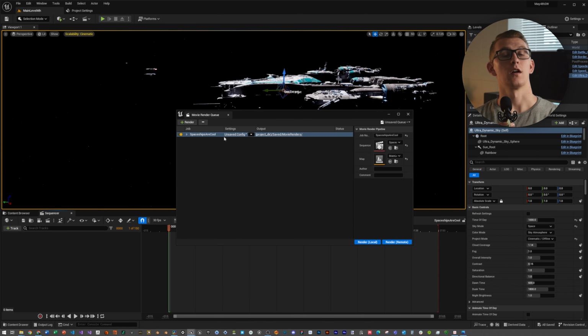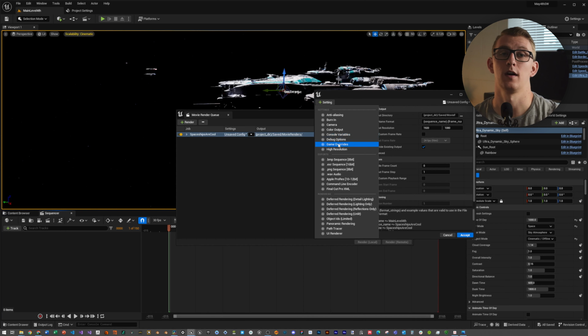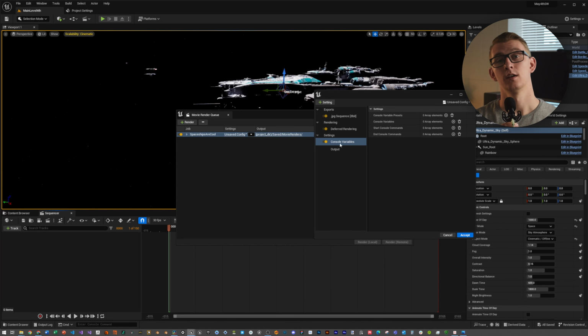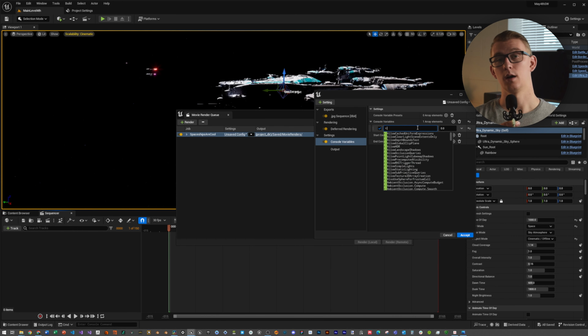Then we're just going to click on the sequencer name, and then from there we're going to click on this little drop down and just find the console variable option. Select that. If we click this console variables section down arrow and then click plus, you'll notice that there's already a 0 on the right side text box, which means we don't need to type in the 0, and we just need to type in